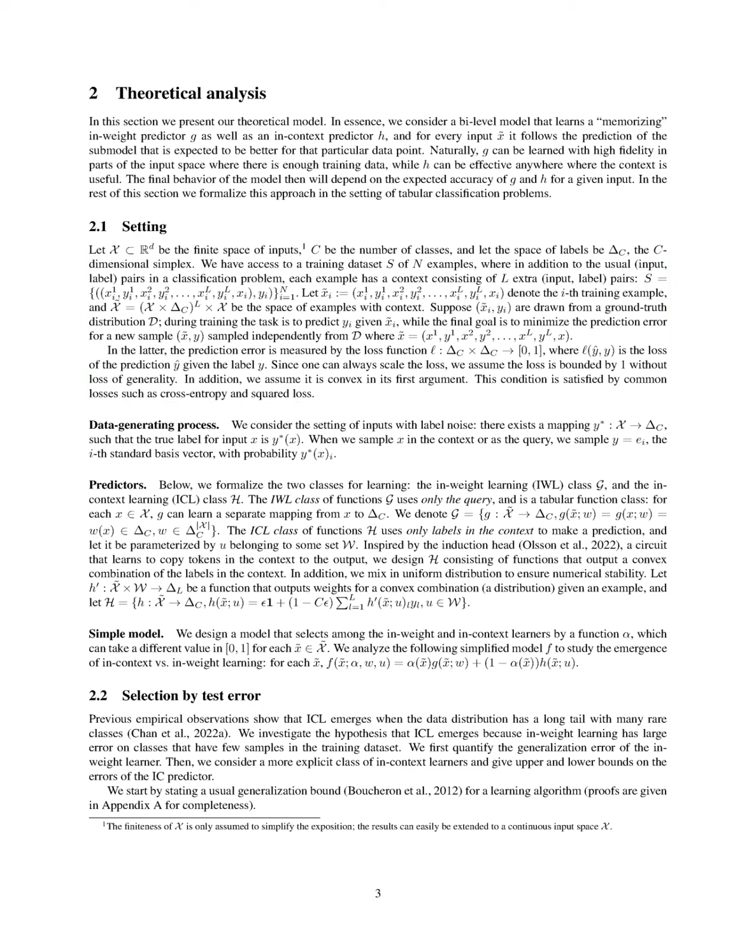Section Summary. In this section, we present a bi-level theoretical model that incorporates both an in-weight predictor, G, and an in-context predictor, H, to optimize predictions based on the expected accuracy for given inputs. We formalize this approach within tabular classification problems, considering a training dataset with context and addressing label noise in the data generating process.